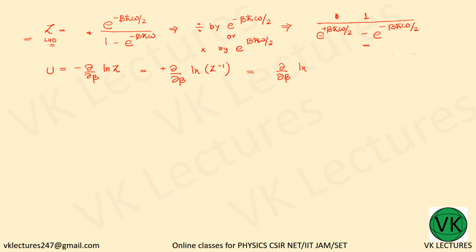Z is this, so log of e to the power beta h cross omega by 2 minus e to the power minus beta h cross omega by 2. Now continuing this, we have